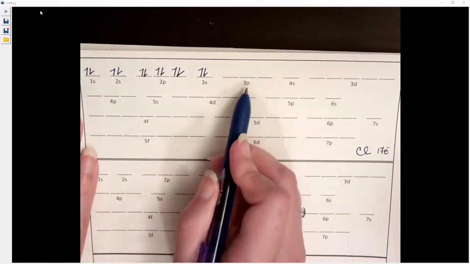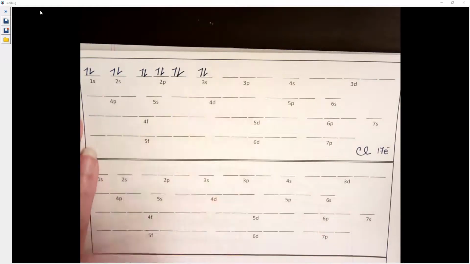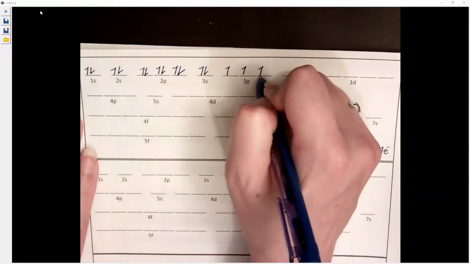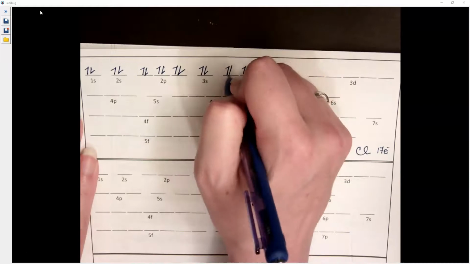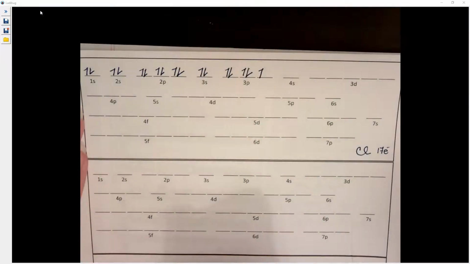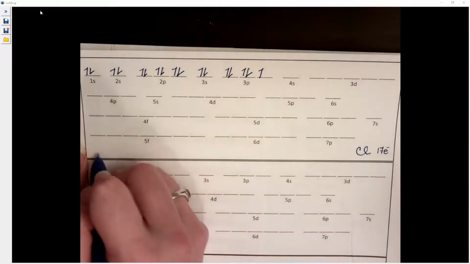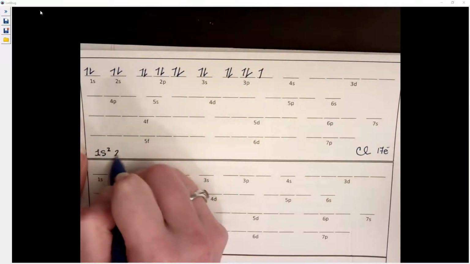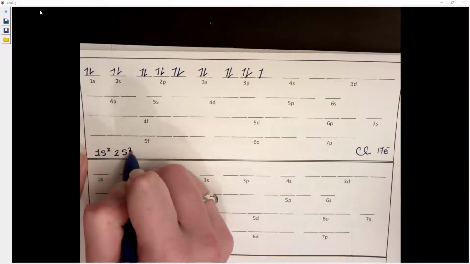Back to some p orbitals. Do Hund's Rule. 13, 14, 15, 16, 17. So if I want to write my configuration, I'm going to say 1s2, 2s2,